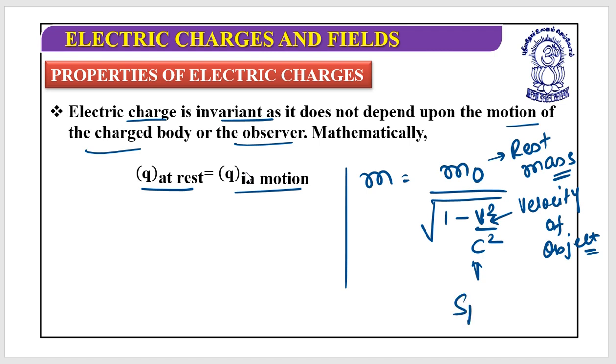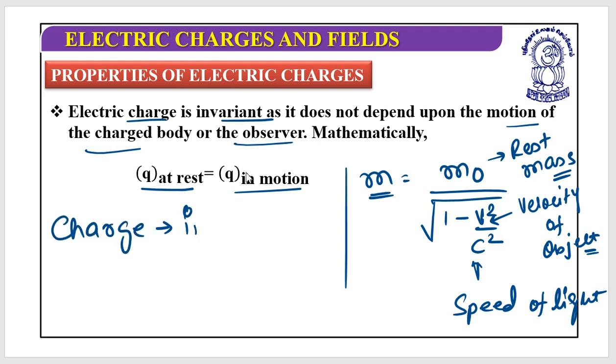And C, you might know, is the speed of light. This is the speed of light. So they said when an object travels at approximately the speed of light, this m changes. Surprisingly, but this is true. So when we considered a charge, we said a charge is invariant in nature,